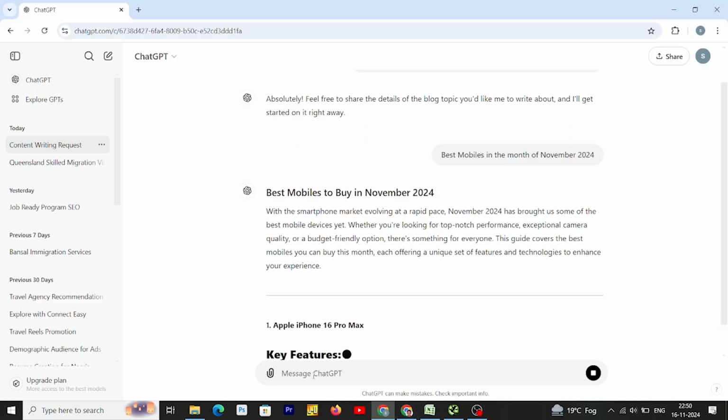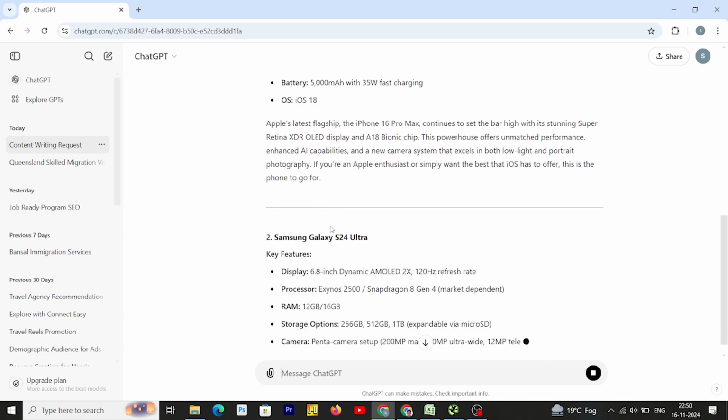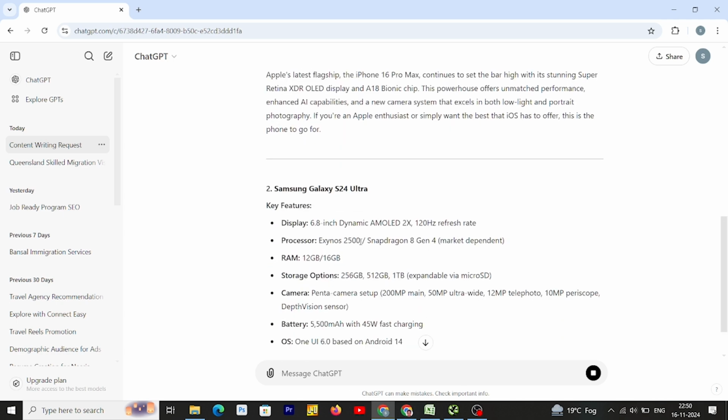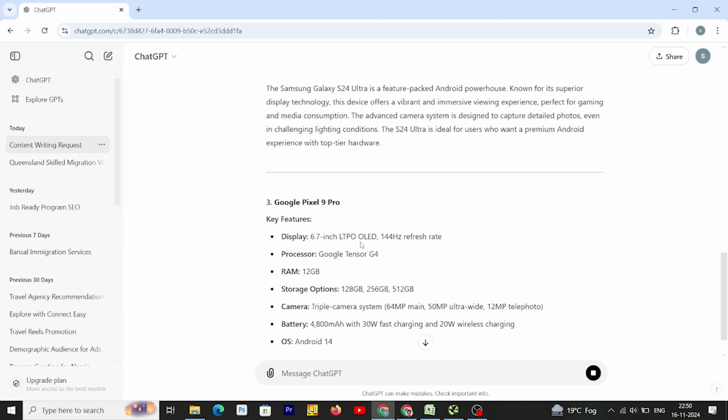So here it is, writing the blog on the mobiles. So don't worry, after this, we have finished it. Every mobile configuration it knows, it is writing on it. That's a simple way you can use